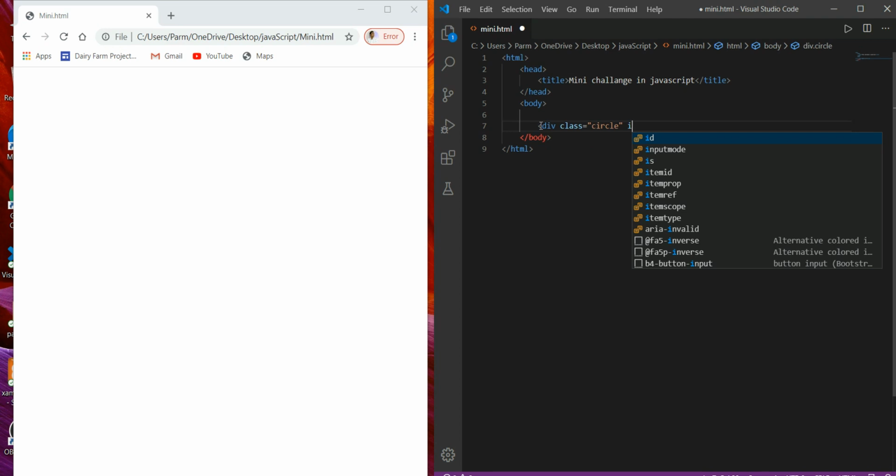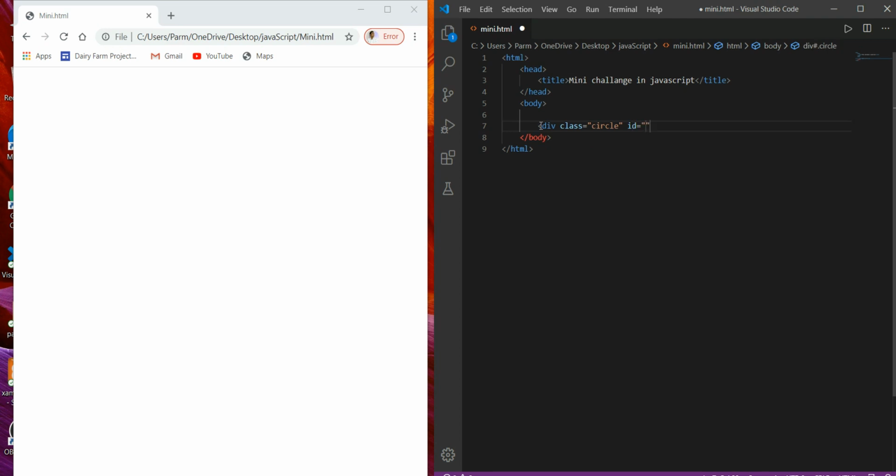So here I have to use an id, and here I use the id red circle. Close this. So if we save this file and refresh,